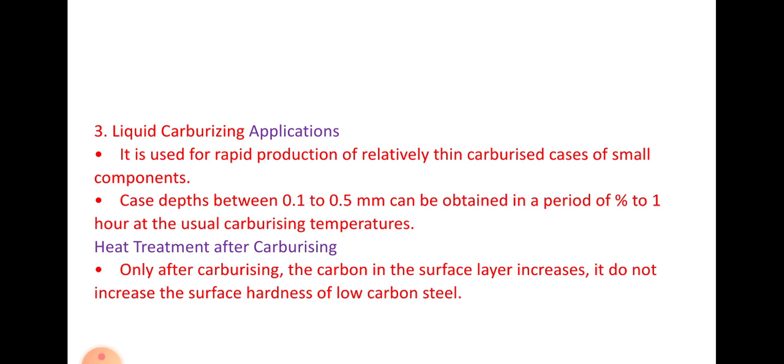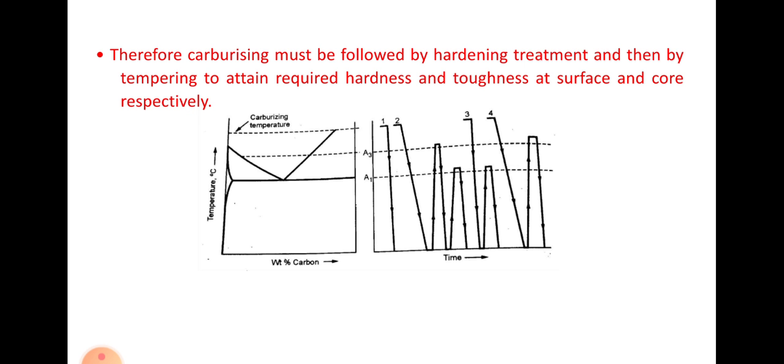After carburizing, heat treatment is essential, because as the carbon in the surface layer increases, it does not by itself increase the surface hardness of low carbon steel. Therefore carburizing must be followed by heat treatment, and then it gives hardness and toughness to the surface and core respectively. That diagram shows the heat treatment